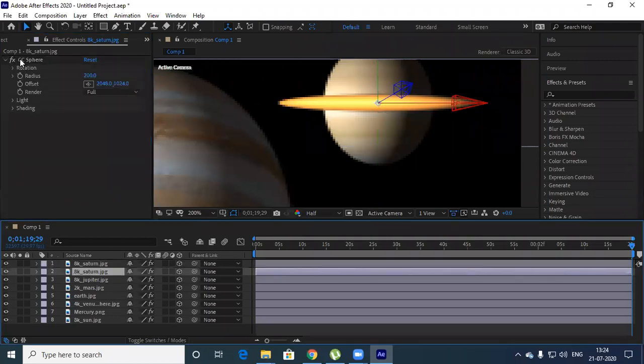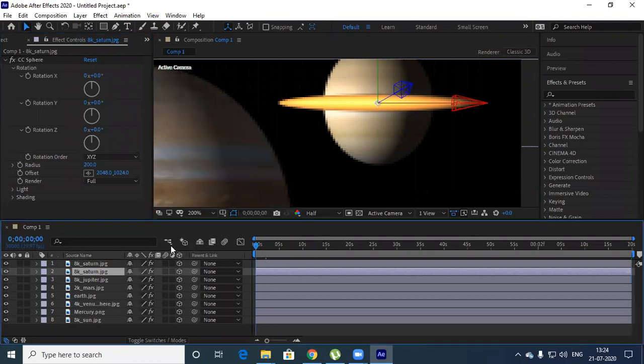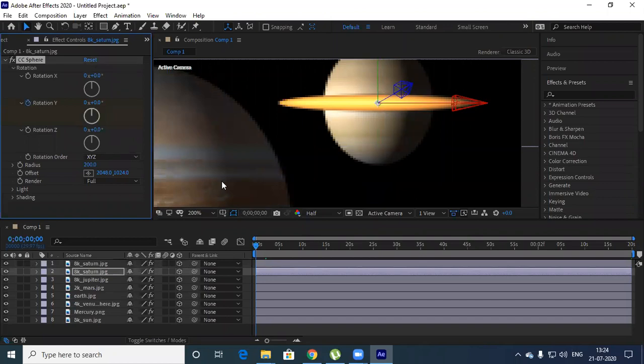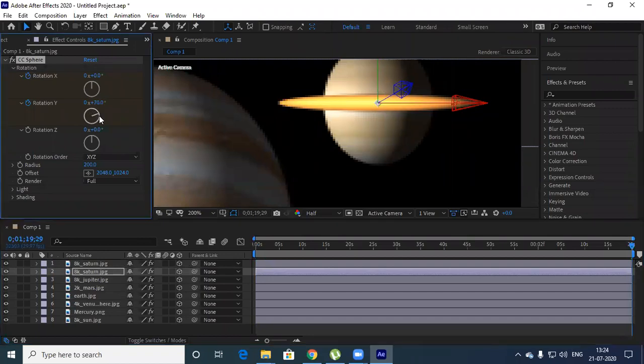Okay, but let me animate this Saturn here. Both let me animate anyhow. Rotation Y and X. This is a small animation, you don't recognize much. So like that, minimal animation has to be there.